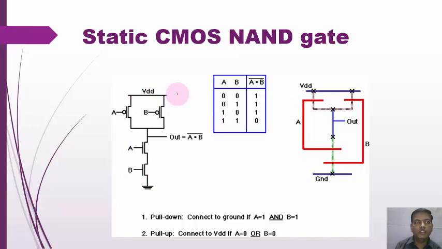In the next practical sessions, we will see how to draw the CMOS inverter, CMOS NAND layout, CMOS NOR layout, CMOS half adder layout, 2-to-1 mux by using logic gate and transmission gate, and then the 1-bit SRAM cell. So till now, this was one of the methods to draw the stick diagram.